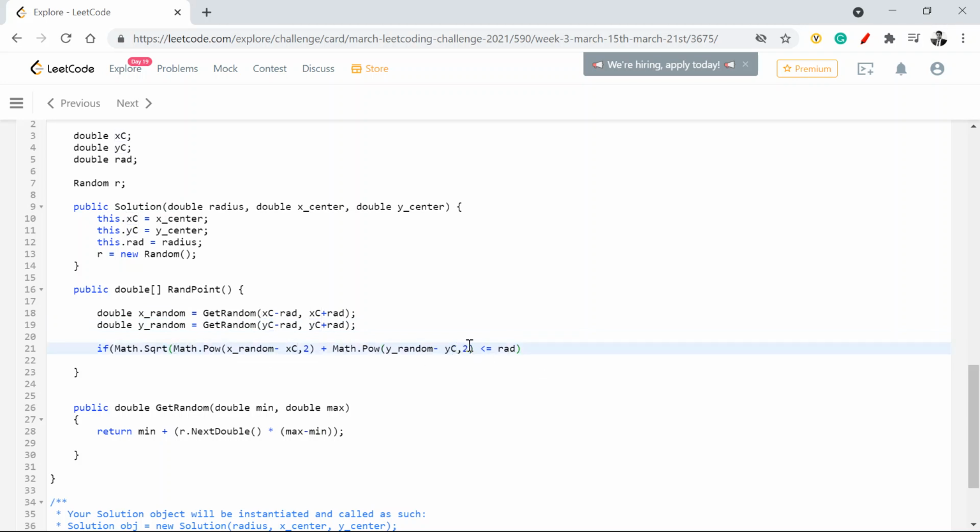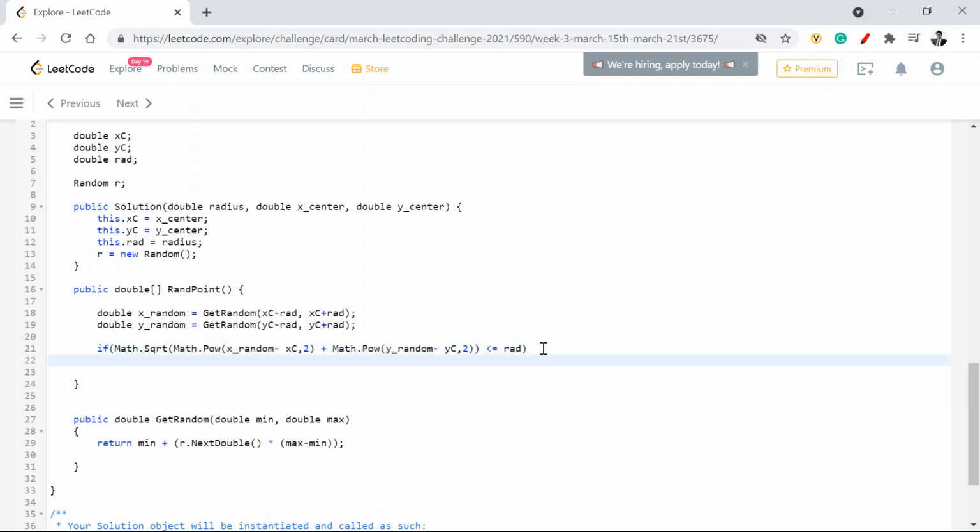Once I found this whole square, just to ensure I'm not missing on this one, math.pow, this one. So this closes, my square root closes here. Now, if the square root of this value is less than or equal to radius, then it's a valid x and y coordinate which I just found out.